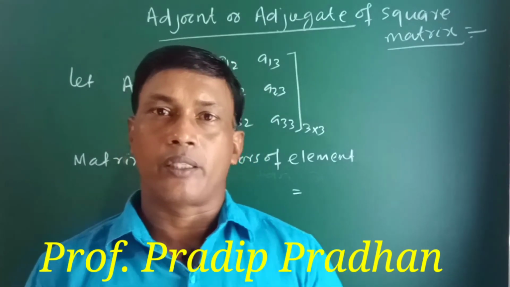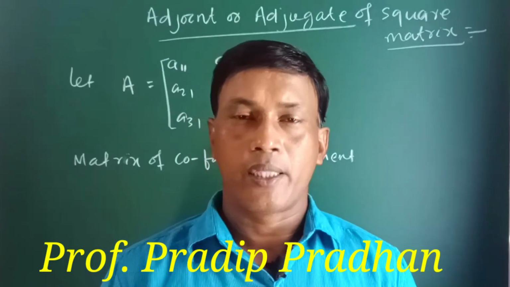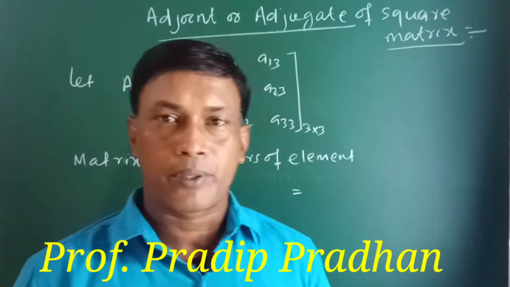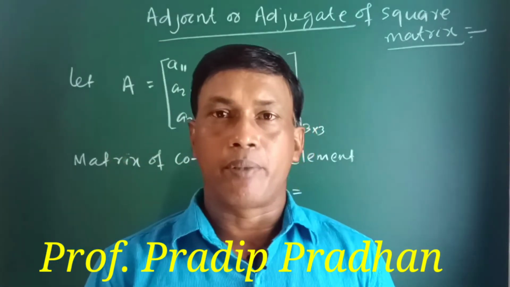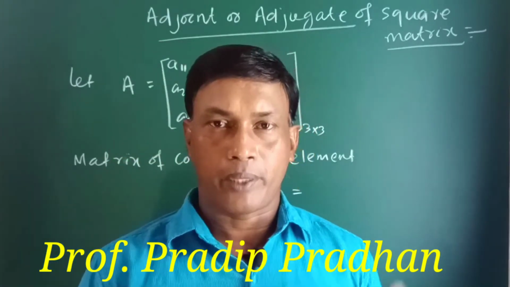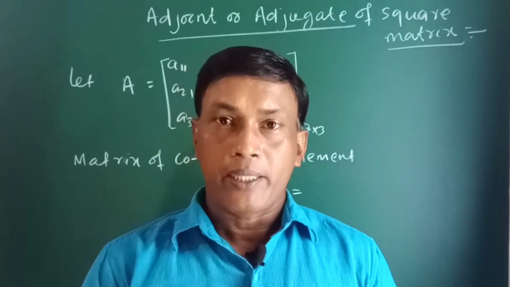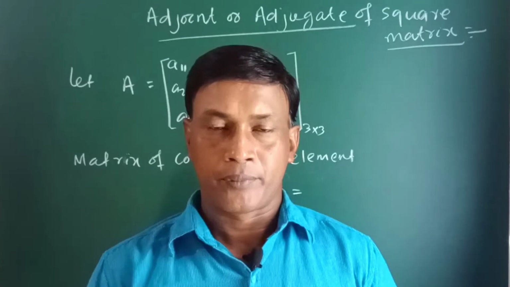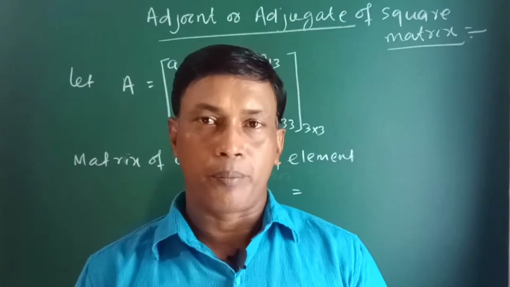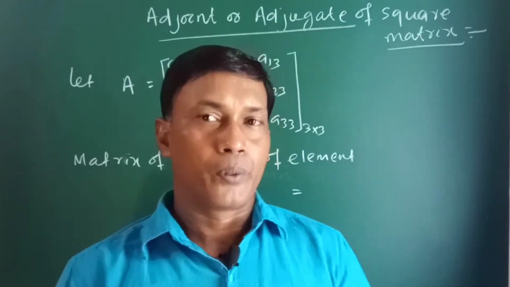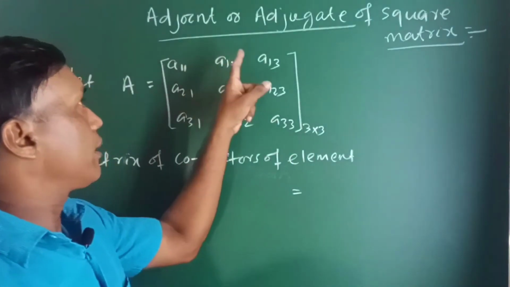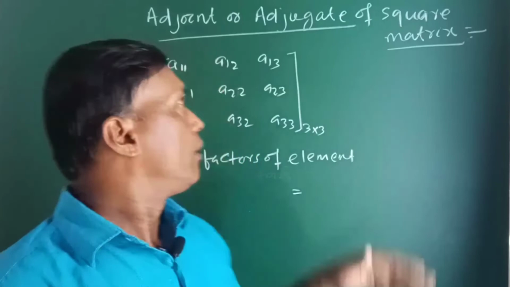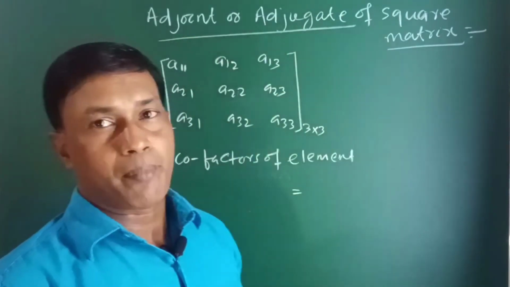Before going to the inverse of a square matrix, first we have to know what is adjoint. In this section, हम क्या करेंगे, एक मैट्रिक्स का इन्वर्स कैसे ऑब्टेन करेंगे वो पढ़ेंगे, and applying the inverse also हम लीनियर इक्वेशन को सॉल्व करेंगे. और ये इन्वर्स पढ़ने से पहले हमको बहुत ज़रूरी है to know about adjoint of a square matrix. How can you find, कैसे हम एडजेंट निकालेंगे एक स्क्वायर मैट्रिक्स का.